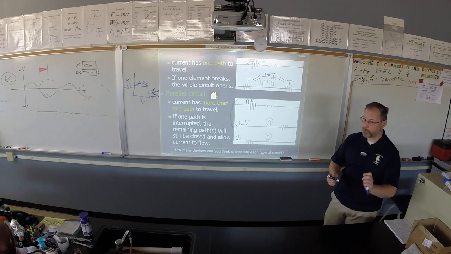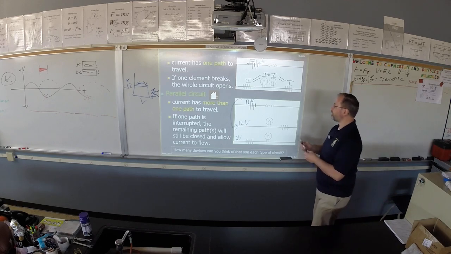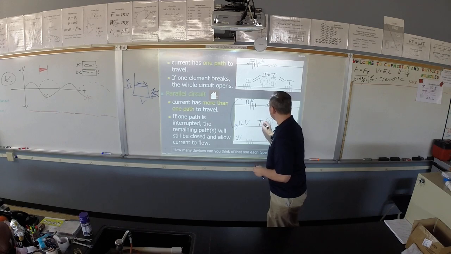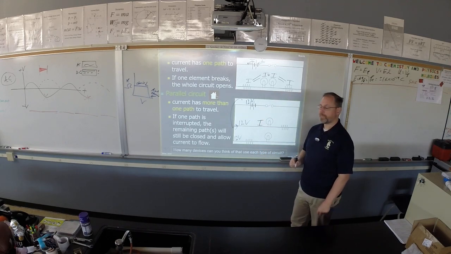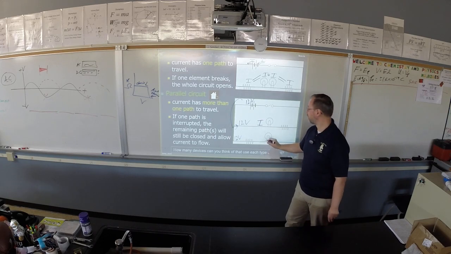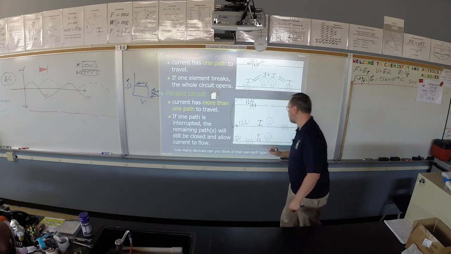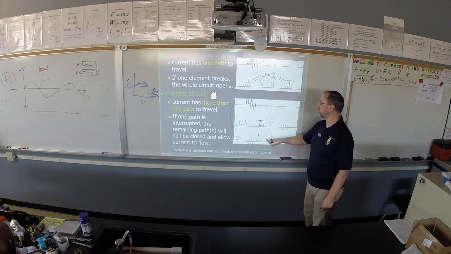Current. This is important. If this current gets I, how much does this branch get? We don't know. It's going to get I2. Okay? It's going to depend, if this gets I1, this gets I2,